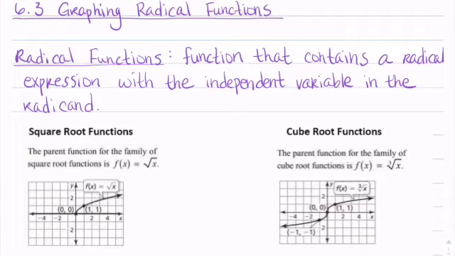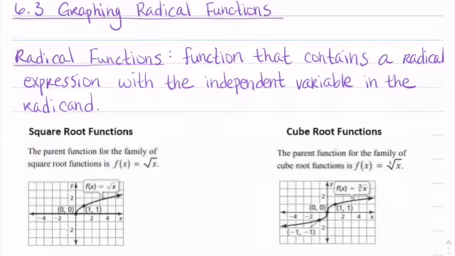Hey guys, this is lesson 6.3, graphing radical functions. So first let's just briefly describe what a radical function is. It's a function that contains a radical expression with the independent variable in the radicand. The independent variable for us is usually x, and being in the radicand means that it is under the